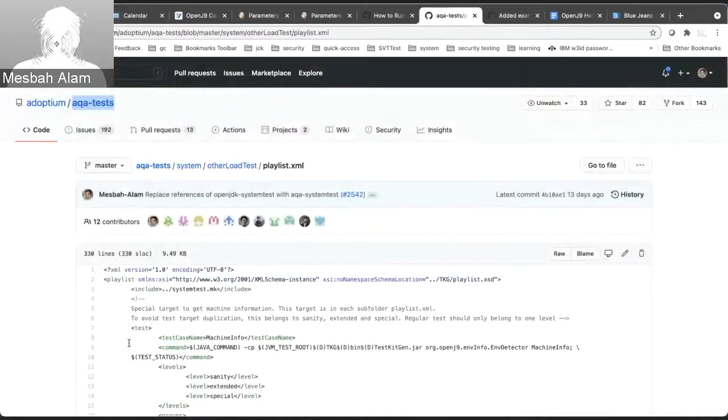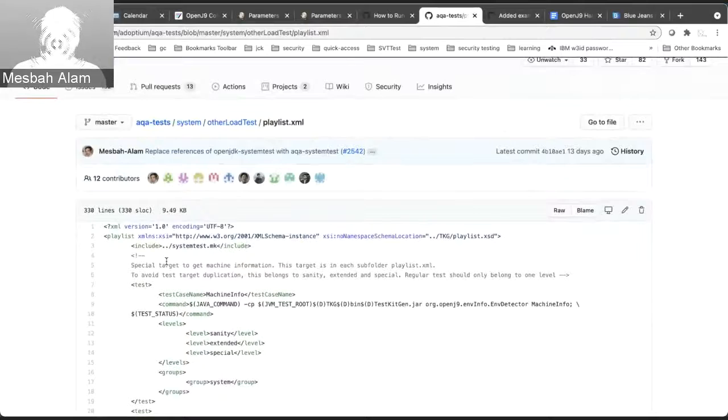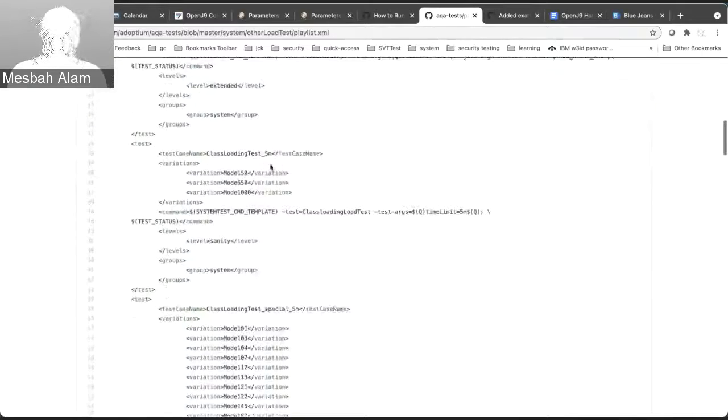So quickly taking a look at the playlist for system tests, they're mostly turned into time-based tests. So for example, class routing test, if you copy this target and run it in a conventional way in a grinder, it's going to run the 5-minute based version. But you may not want to run it that way in a debug scenario. So in a debug scenario, what you would do is just copy this portion of the command line that has the class name and the parameters, and paste it under